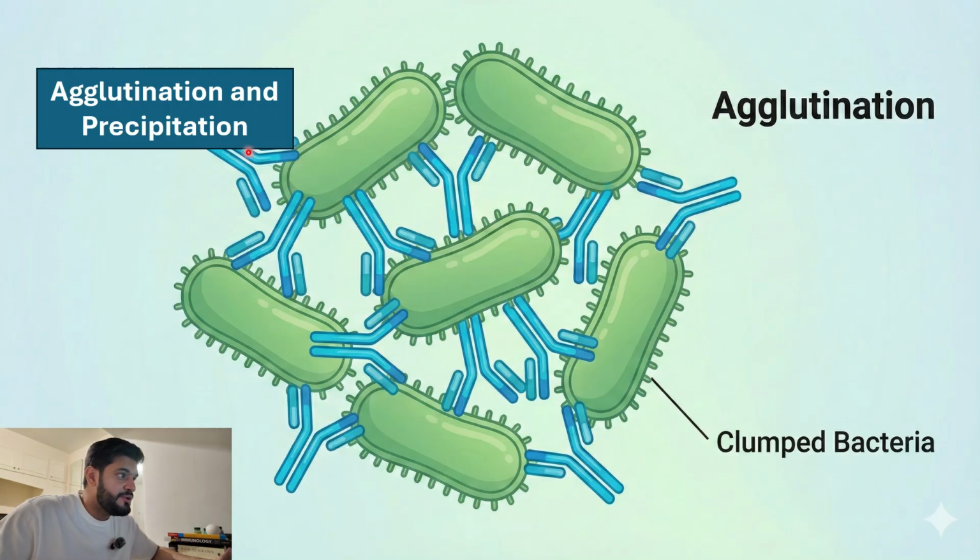Next is agglutination and precipitation. Because antibodies have at least two antigen binding sites, as you can see on the screen, they can bind multiple antigens at once. This causes agglutination, clumping of cells like bacteria, and it makes a very solid big clump of these bacteria. For soluble antigen, this results in precipitation. These processes make pathogens easier to remove by phagocytic cells and immune clearance mechanisms, same like engulfing it and destroying